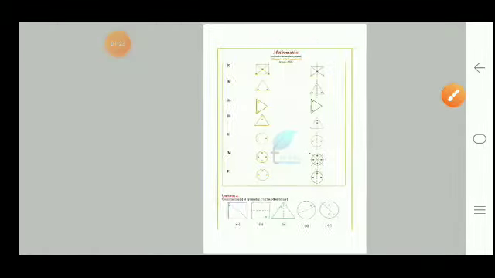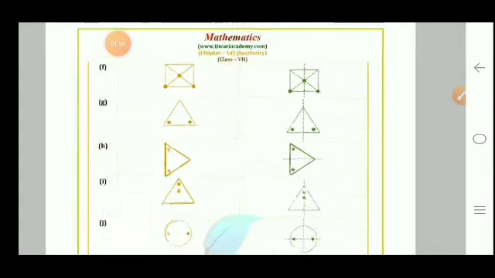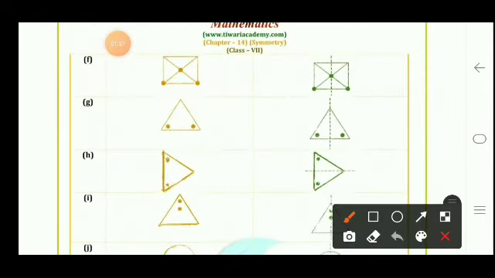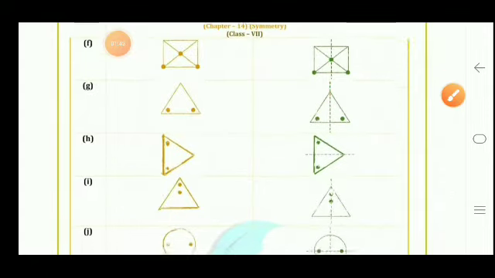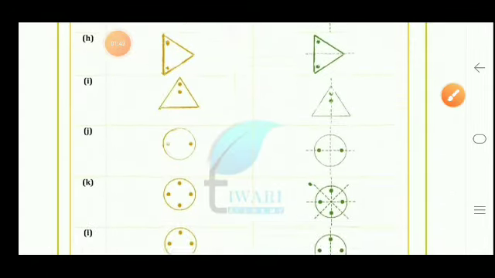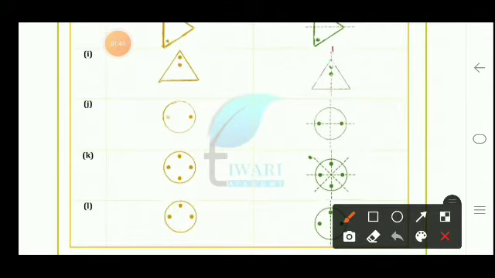Okay, then moving towards the next, we can see easily here the lines of symmetry. In this figure this is the line of symmetry, then in this figure this is the line of symmetry, and here in this figure the line of symmetry. Likewise in the next figure, the line of symmetry will pass through these dots. Then this is a circle, so it has 2 lines of symmetry passing through the center. Then in this figure we have 1, 2, 3 and 4 lines of symmetry.